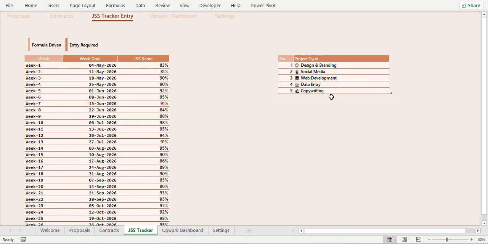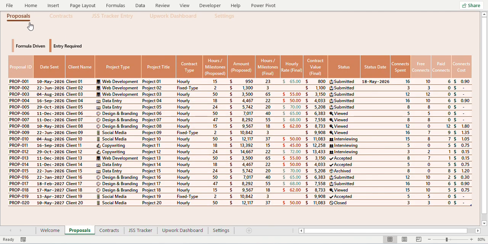If you want to change them, then let's say you have a new project type, you can type in here "new project type," whatever its name is, obviously, and it will get populated automatically. So now I have typed new project type here as well. If I go back to the proposal sheet, you will see that that option is also available right here in